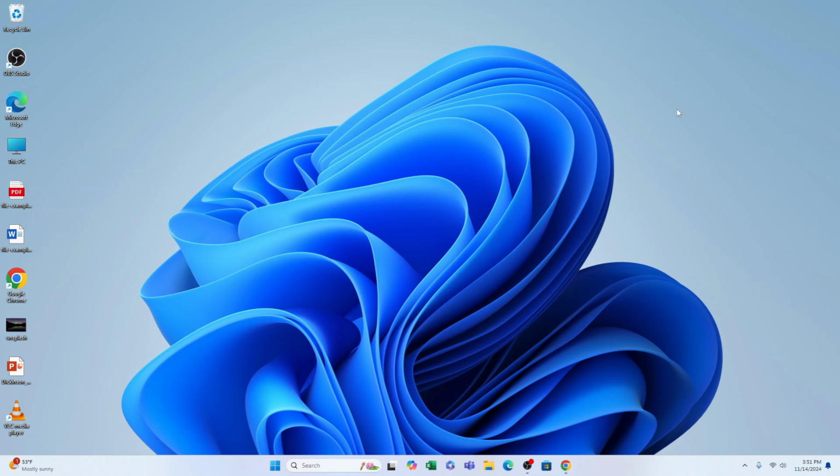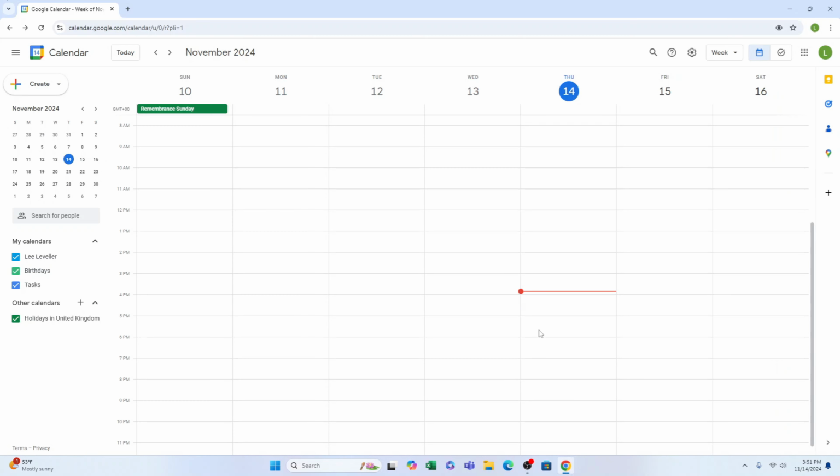How to add Google Calendar to your desktop in Windows 11. So first things first, bring up Google Chrome and open up Google Calendar. Once you have Google Chrome and Google Calendar open, you want to press the three little dots in the top